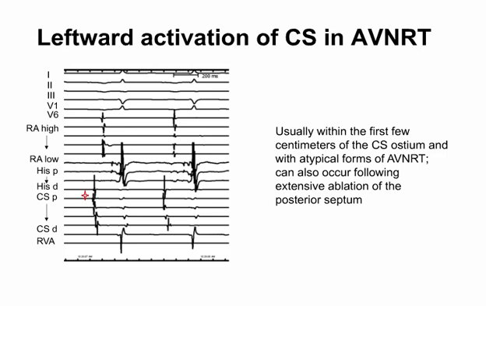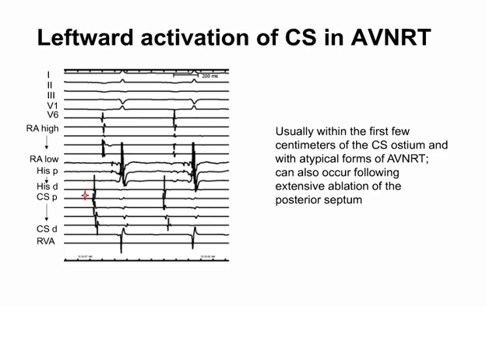A lot of times I see people looking at this kind of activation sequence and assuming that it's a pathway. You cannot assume that. In the coronary sinus, activation can be pretty eccentric and still be AV node reentry. It's not unusual at all. It would be very rare for it to be left free wall type activation. That has been reported, but this sort of slightly leftward activation in the CS is not uncommon at all for